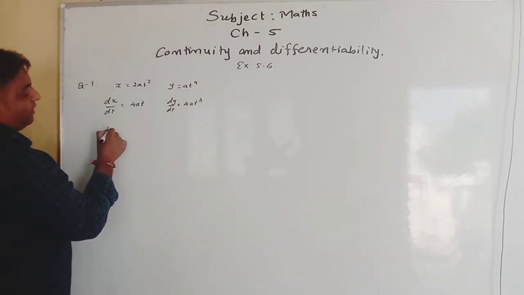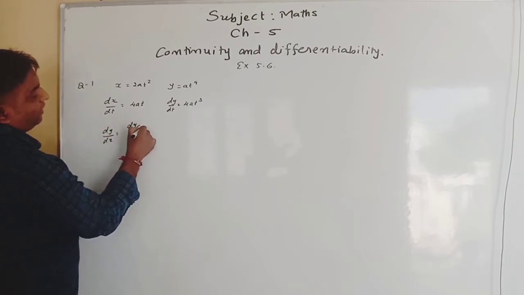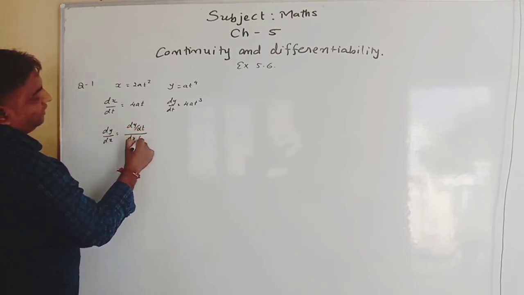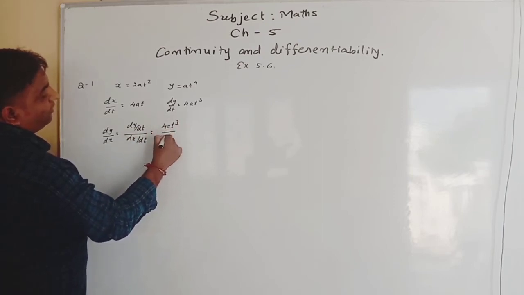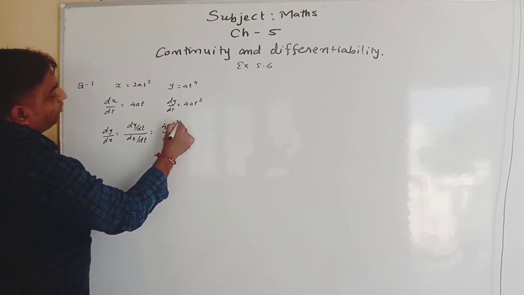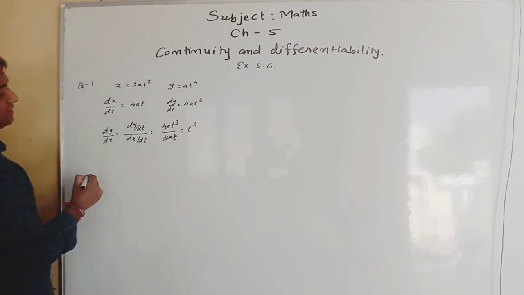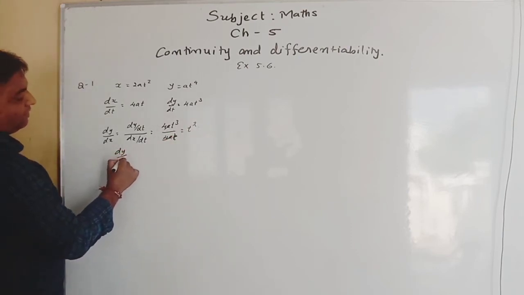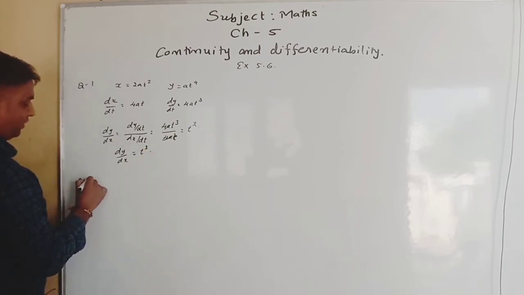And so dy by dx equals to, we know that dy by dt upon dx by dt. So these values we substitute, 4at cube upon 4at. So 4 cancel, t cube by t is t square, and so answer is dy by dx equals to t square. Now question 2 we have